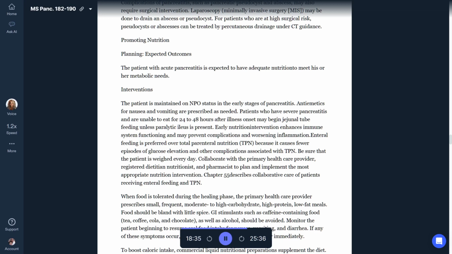Perform an abdominal assessment. Abdominal tenderness is less intense in patients with chronic pancreatitis than in those with acute pancreatitis. Massive pancreatic ascites may be present, producing dullness on abdominal percussion. Because respiratory complications can occur, auscultate the lung fields for adventitious sounds or decreased aeration and observe for dyspnea or orthopnea. Ask the patient to collect a random stool specimen if able, or ask him or her to describe the stools. The specimen may show steatorrhea.